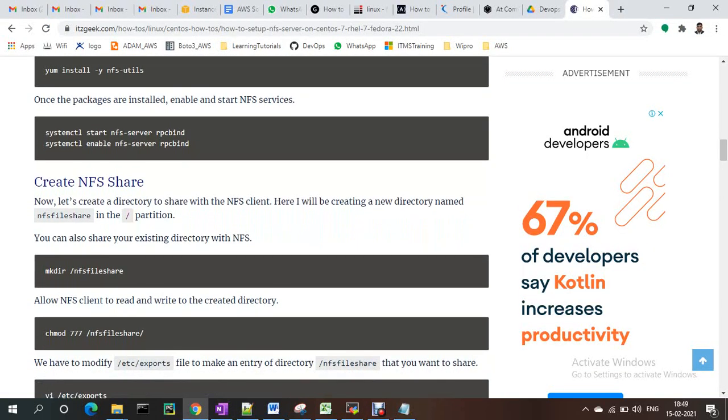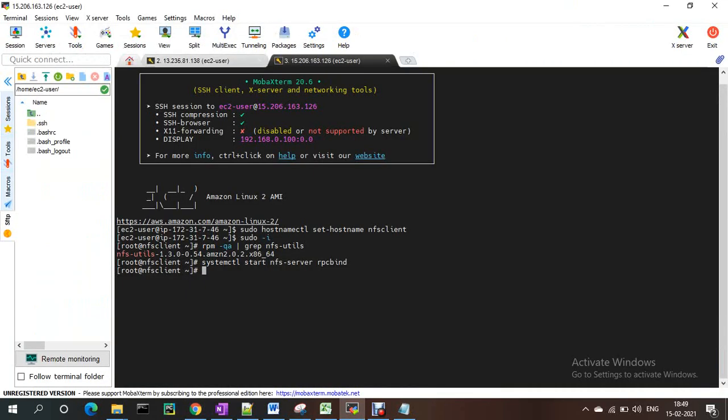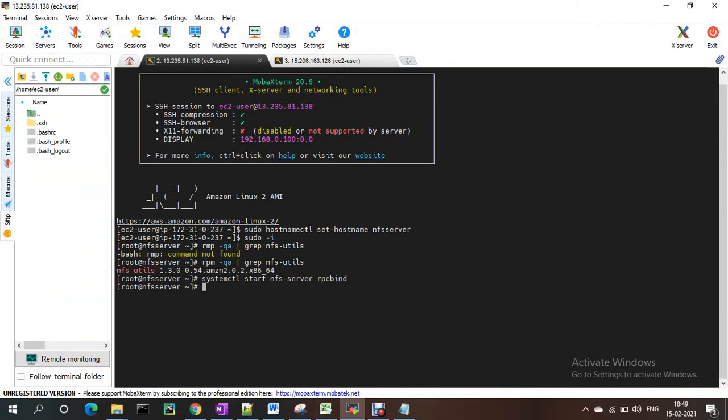Now I'm creating one directory on the NFS server, from root. You can use any name. With mkdir I'm creating a directory, named with today's date, 15 nfs demo.